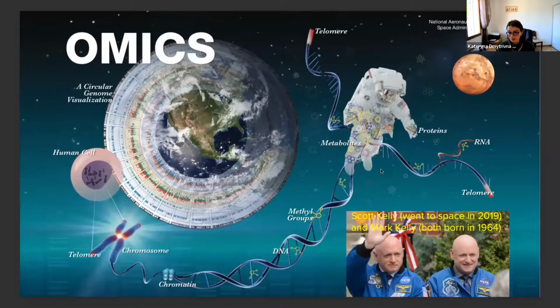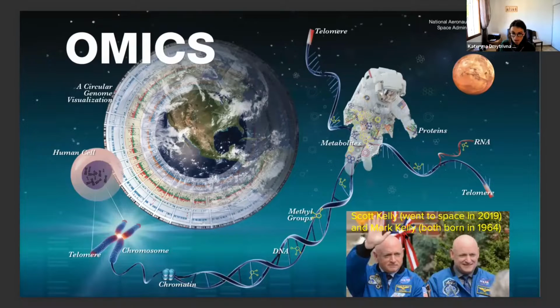And the experiment that was conducted involved 2 twins, Scott Kelly and Mark Kelly. One of them actually went to space in 2018 and was there for about a year, while his brother, Mark Kelly, stayed on the Earth and was enjoying his retirement. And during that time, and particularly after this time, a variety of biological information types were compared between these 2 identical twins.